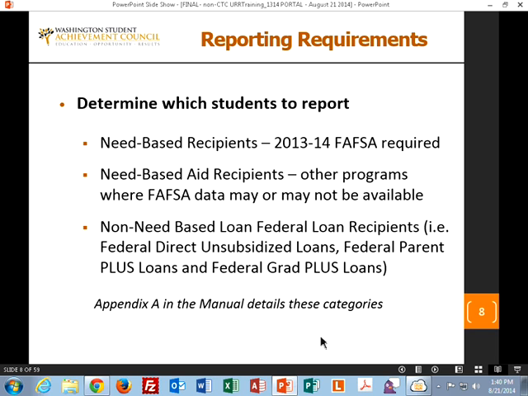In most cases it usually is, but an example that may not be for some students is the Opportunity Scholarship Program managed by the College Success Foundation. The first year you have to have a FAFSA for sure, but in year 2 it's possible that a student might not demonstrate need for that program. And all the non-need-based federal loan recipients, unsubsidized loans, parent loans, and Graduate Plus loans, are all to be included as well.